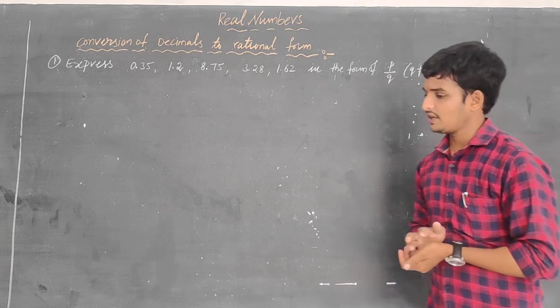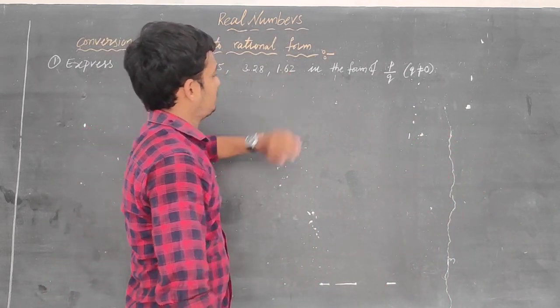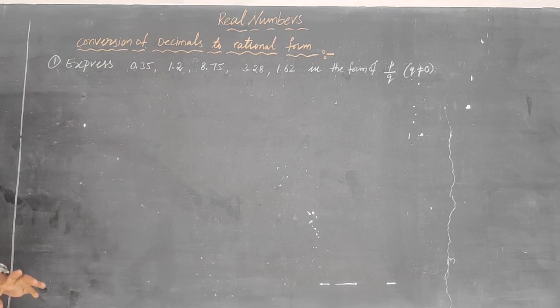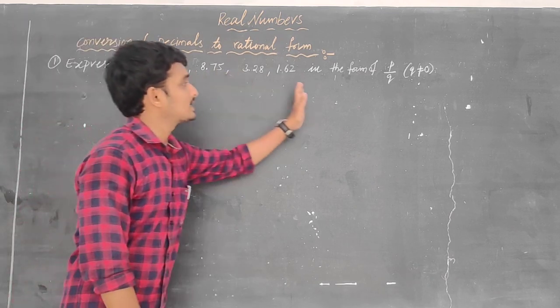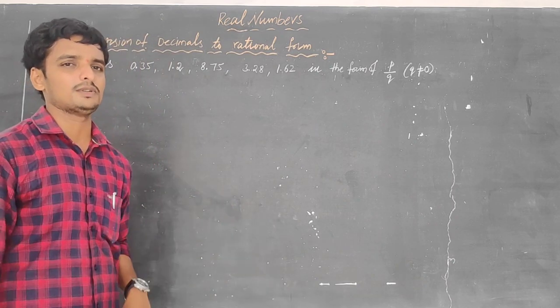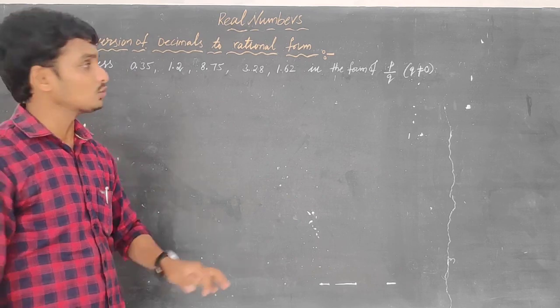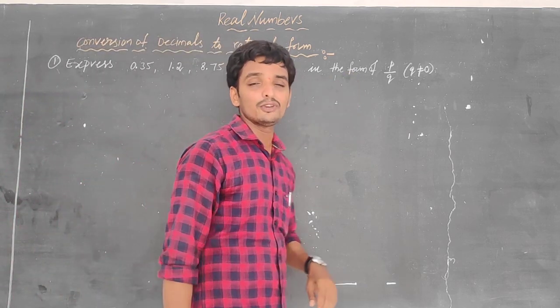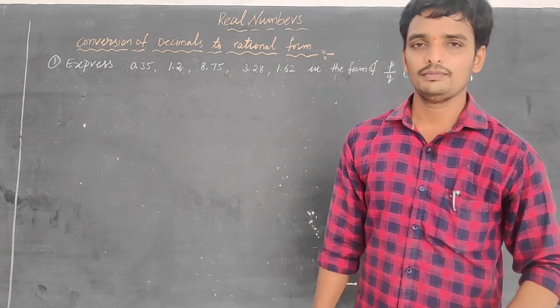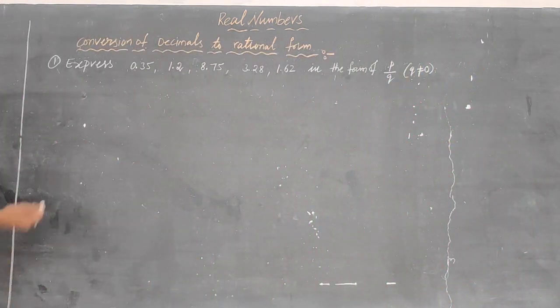In this question they are giving some decimal numbers, 1 2 3 4 5. Which type of decimals is this? Yes, tell me. These are terminating decimals. So simply we are telling there is no bar, that means those are terminating decimals. So these terminating decimals we have to convert into p by q form. P by q form means a rational form. It's very easy my dear students. I am explaining. Look at the board.